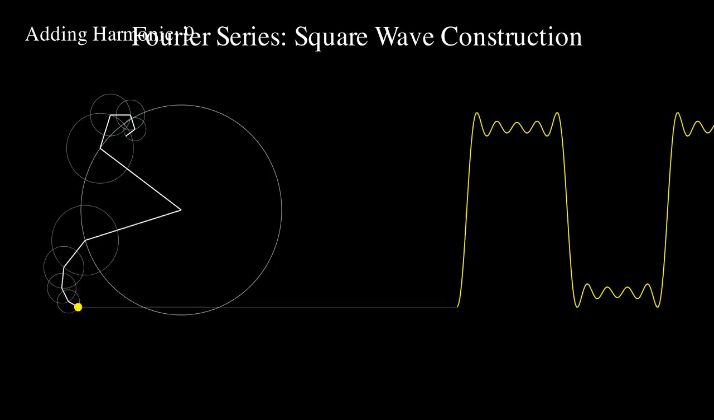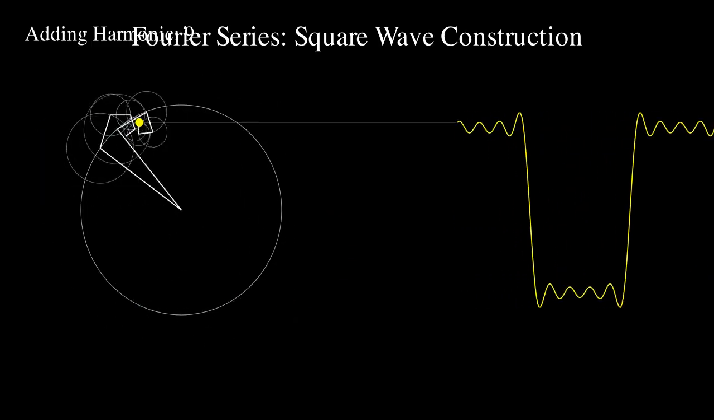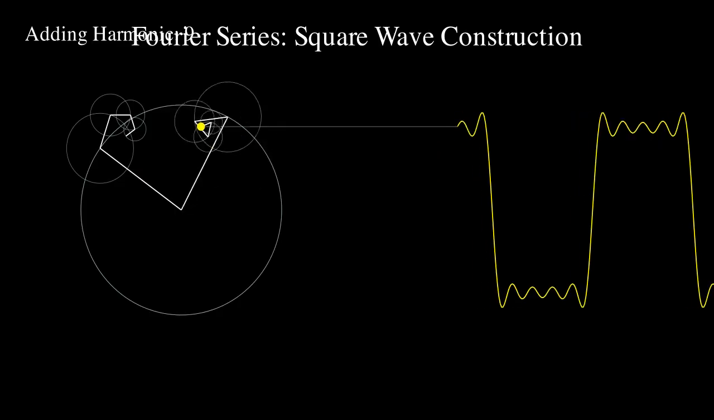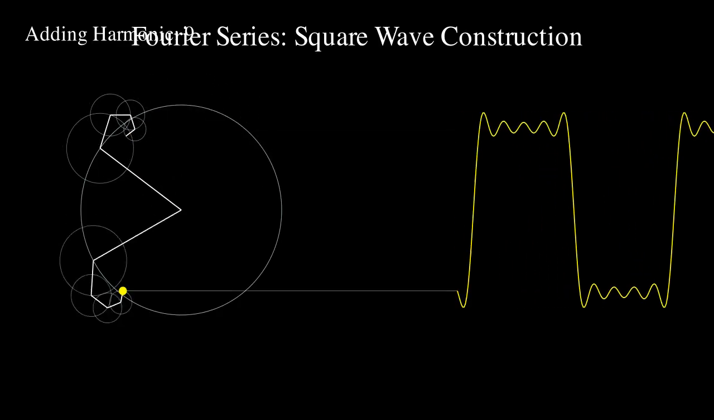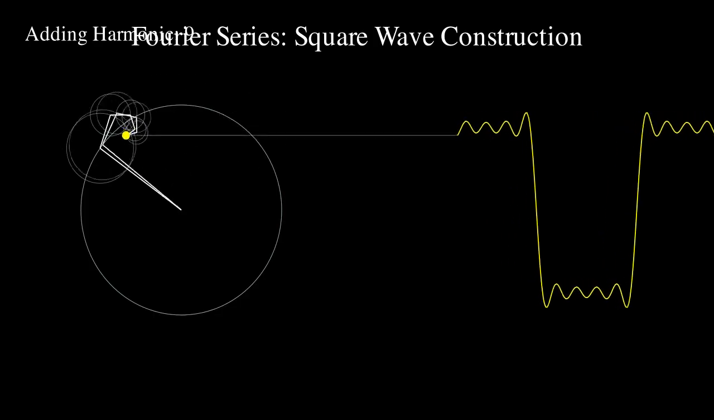a perfect square wave. This elegant dance of circles demonstrates the power of the Fourier series. That even a jagged, discontinuous signal like a square wave is simply a choir of smooth, rotating circles singing in